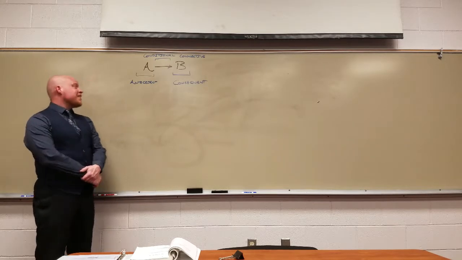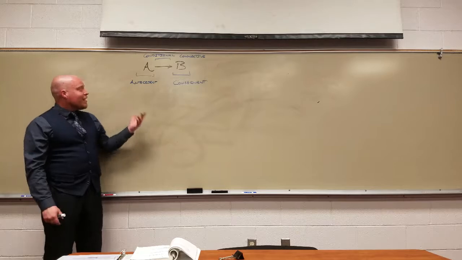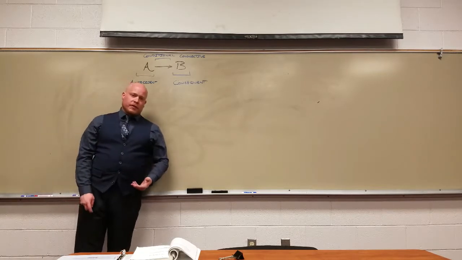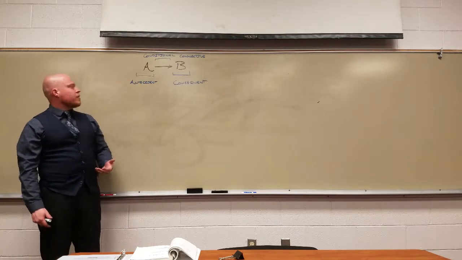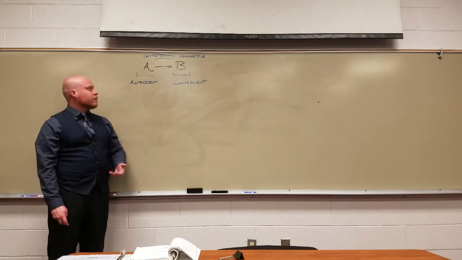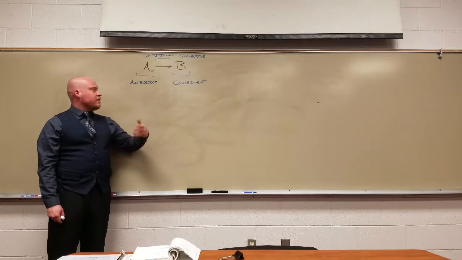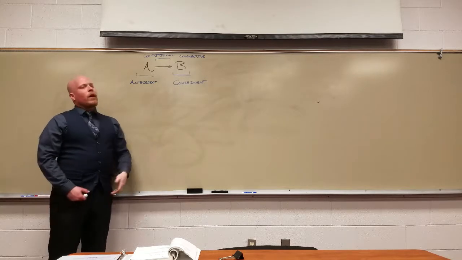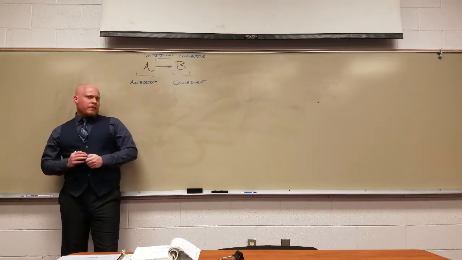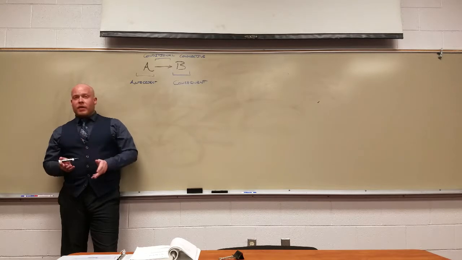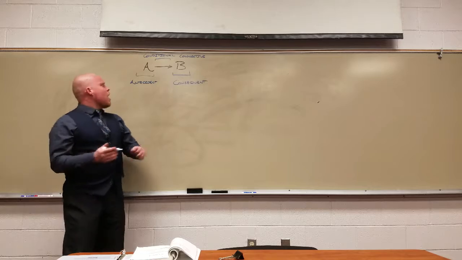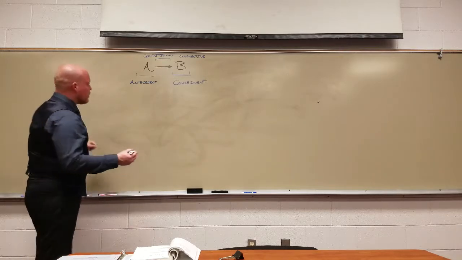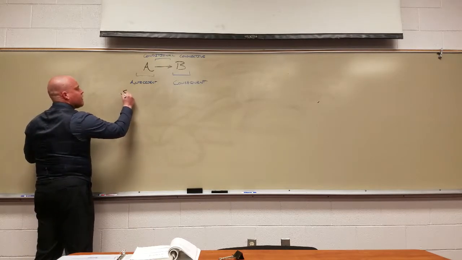Now, I've said that the left side of the arrow is also called the antecedent, and the right side is also called the consequent. So antecedent, literally the thing that seeds before; consequent, literally the thing that is the sequence, with sequence. So it comes afterwards. Well, there are some other names for these aspects that I want to introduce that can kind of pass you by. So another phrase for antecedent is this: